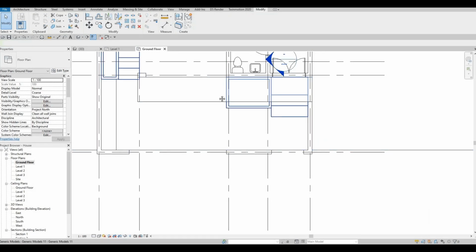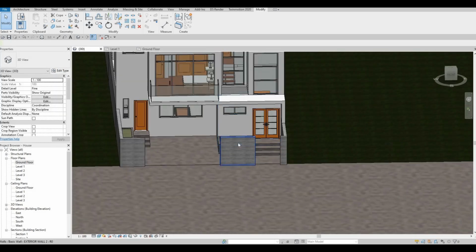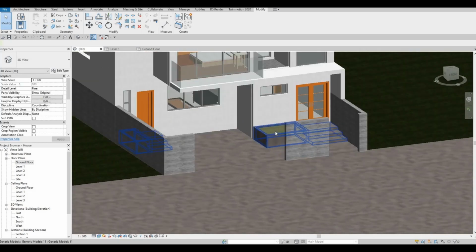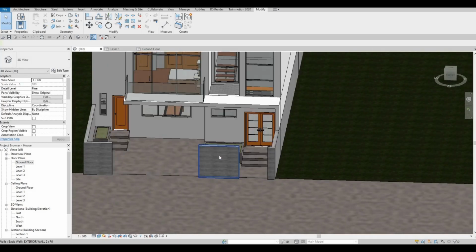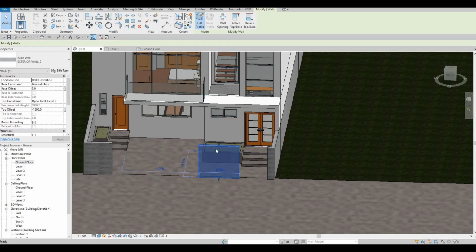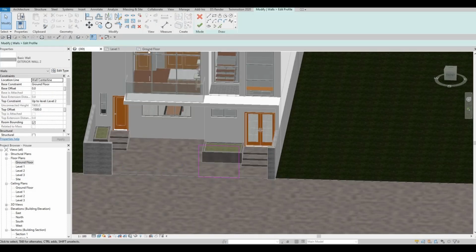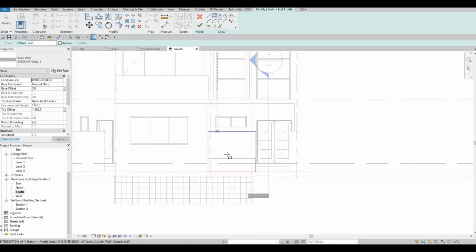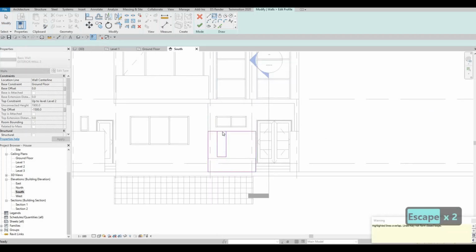After that, let's look at it in 3D and see that we could add some designs on our gate as well. So here we could also have designs for our front gate, especially here because we want to showcase the plant that we're going to add here. So what I'm gonna do is edit the profile. Let's go to front, so that will be south elevation, and then we're going to edit something like this,